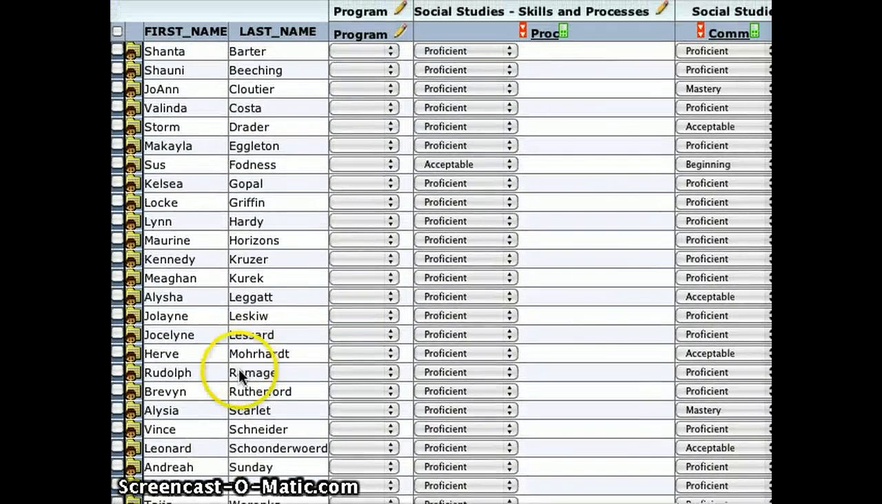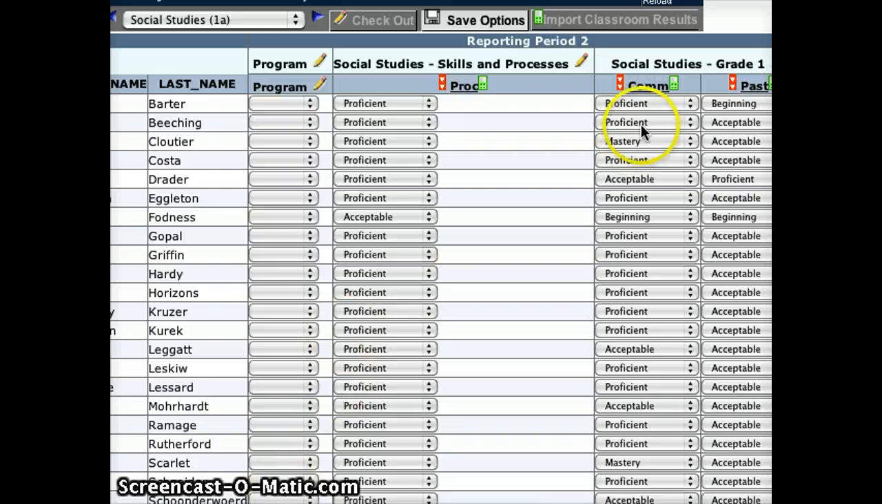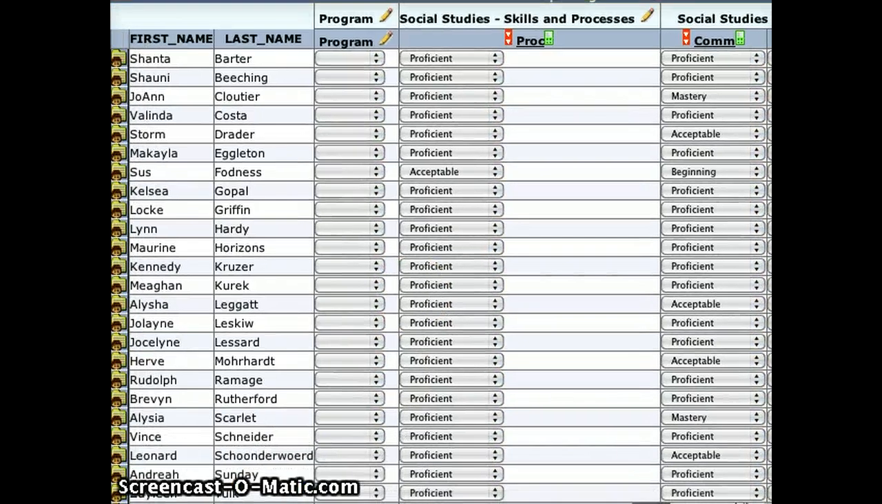And you'll notice that as it always does, it has imported the calculated marks from my gradebook. If I've done some changes, it's important to always re-import, so it's just as simple as pushing this import classroom results button, and you'll see a little blue box briefly appear, and the current grades will appear inside the report card. Now for Shanta, she is working at a slightly lower grade level because she's